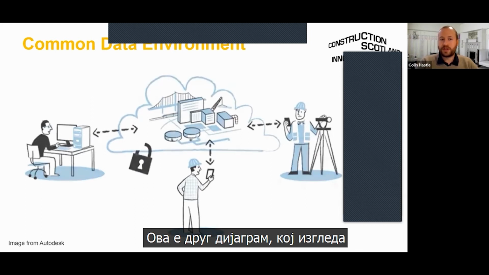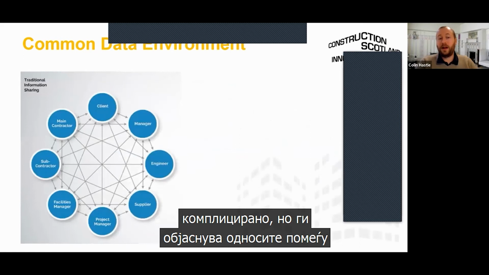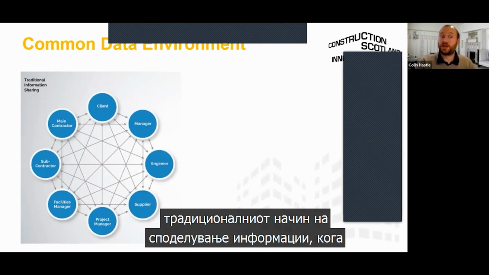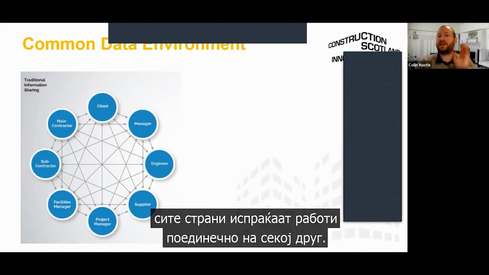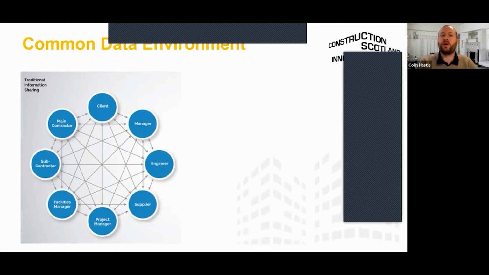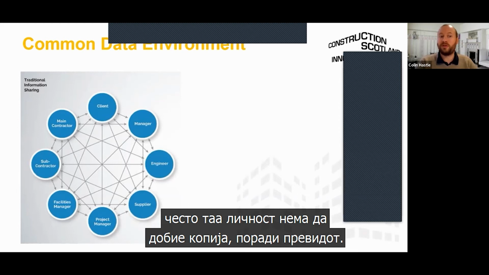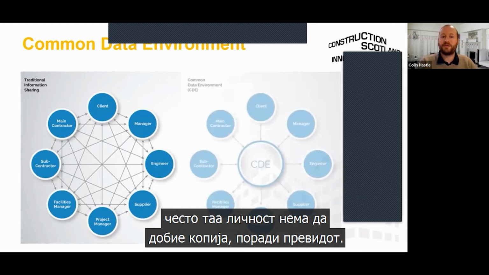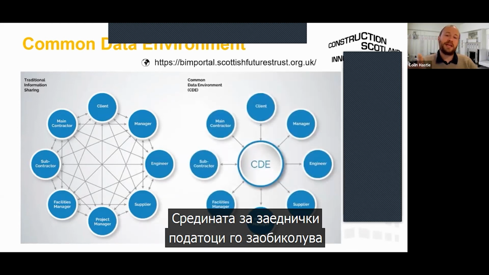This is another diagram which I think is quite alarming in many ways, to explain the difference between traditional information sharing, where all of the parties are sending stuff individually to everybody else. And the biggest thing that occurs to me here is it's so easy to miss somebody out of that distribution. And quite often the person won't get a copy of whatever it is for because of a mistake. The common data environment